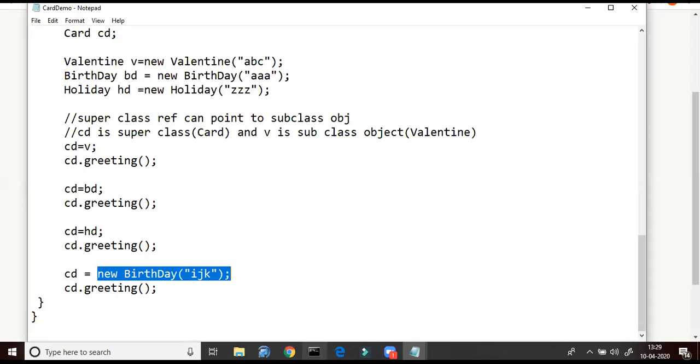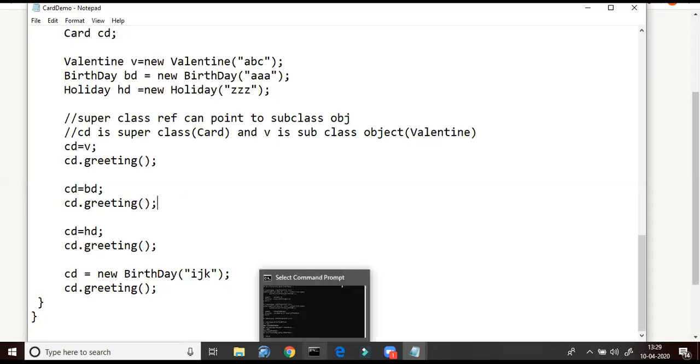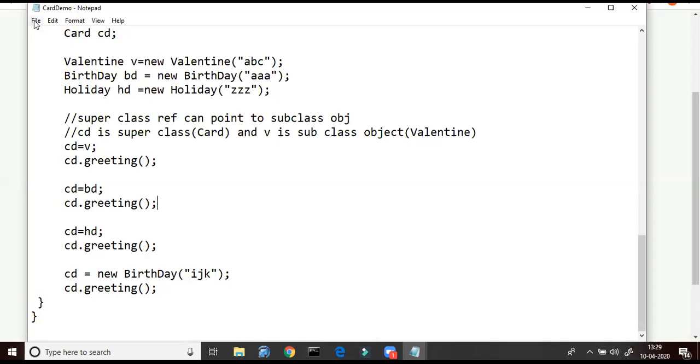Okay. So let me execute this program. Which folder is this inside? If you see, this is inside the folder April 1. So I'll go here.